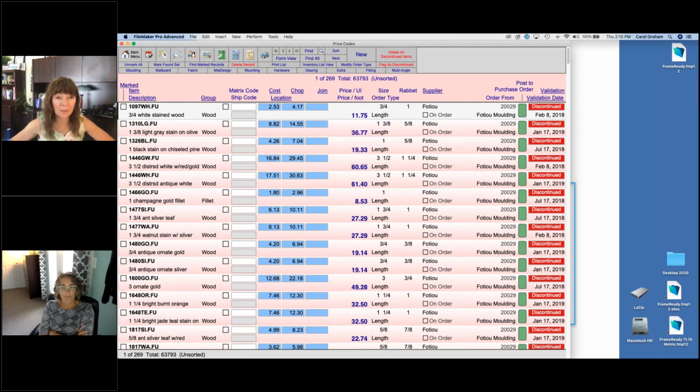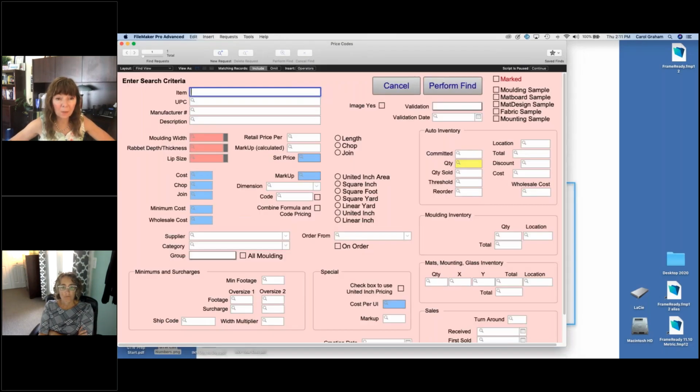So I'm going to leave those in there for now. But what I could do is go back and unflag them and say, no, I'm going to change them back to not verified instead of flagging them as discontinued. But for those other items that I do want to get rid of, once I've cleaned out my discontinued